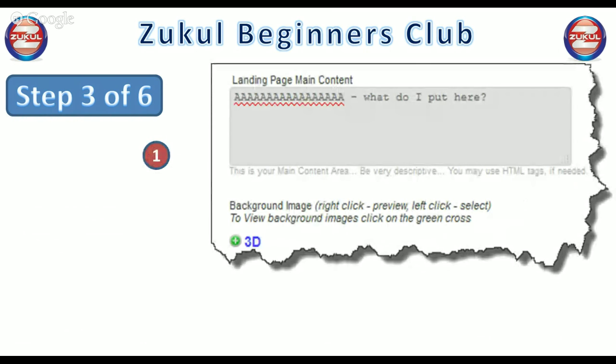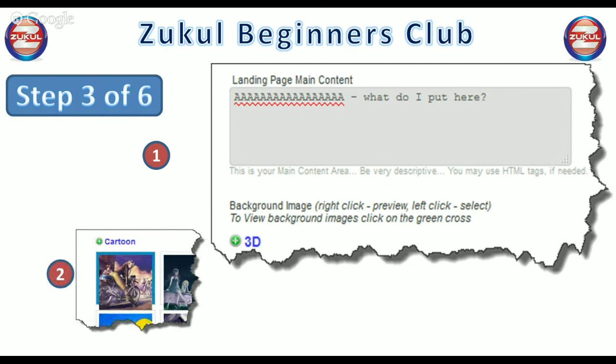And here is where, on this particular background I've chosen, I'm invited to put in some information. Now, on some of the landing pages you'll open up, there's more than one of these windows. And people want, you know, what do I put here? What's the message I give out? Now, there's nothing wrong whatsoever with doing exactly what I've done here. Stick in a row of A's and what do I put here? Why? Because you can come back to it at any time you like and edit it. But once you've finished this bit and you've saved it and you look at it, you can see what should be in which appropriate window.